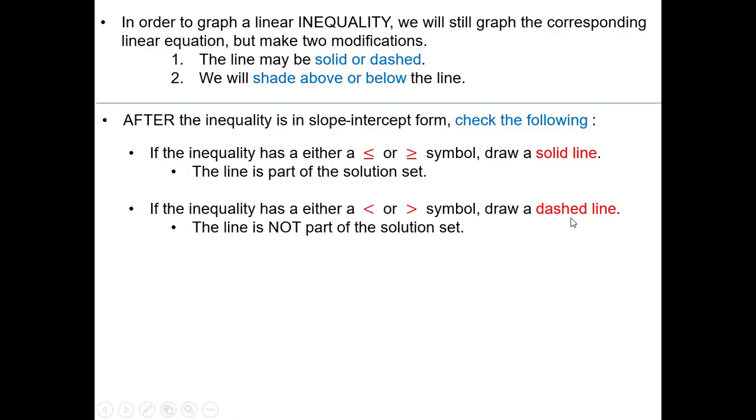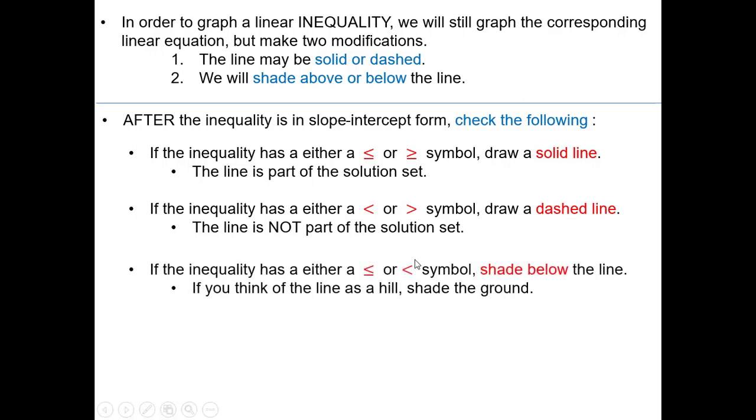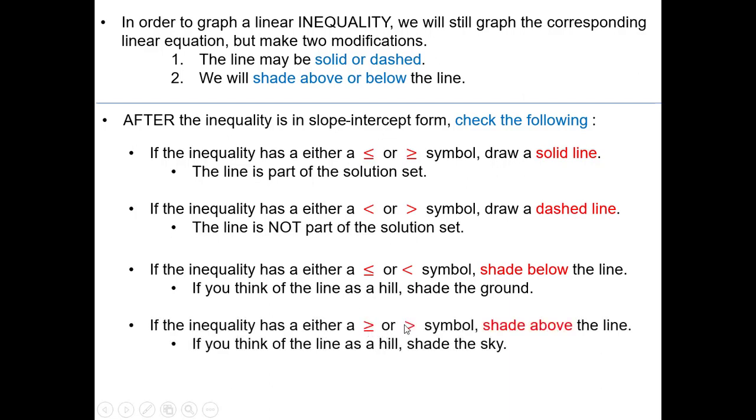so we're going to draw a dashed line. Now in addition to that, we're going to look to determine whether or not it says less than or equal to, because that means that we're going to be shading below the line. So we often think of the line as a hill, and if we were to draw a hill on a piece of paper, we would be shading below or shading the hill. While if we're using a greater than or equal to symbol, that means we're going to be shading above the line. And so if you think of the line as a hill, that means we're going to be shading up